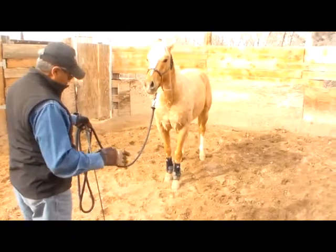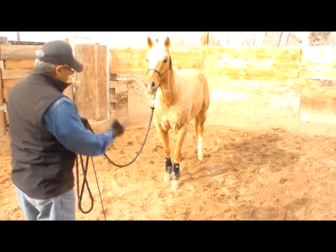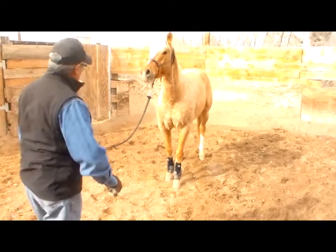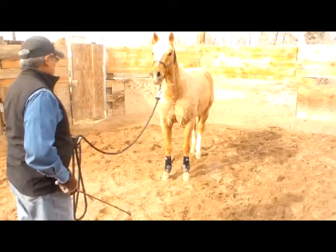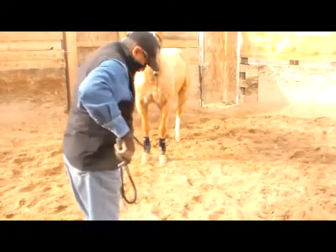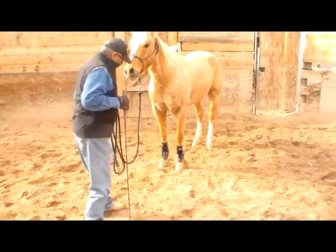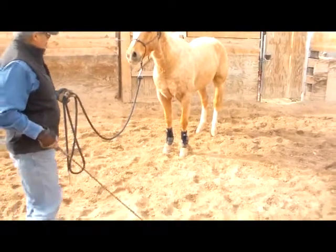That's the first step to lunging your horse. You want to start the direction that you want your horse to go. I always ask my horse to step back a little bit first, just so he stays out of my space. Okay, here we go again. I step into his left shoulder with my right foot. It's kind of like a horse when he's coming at you, they're going to walk towards you. So I'm going to do the same thing with my body language. I'm going to walk into his